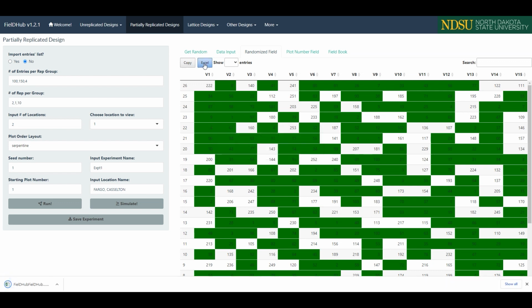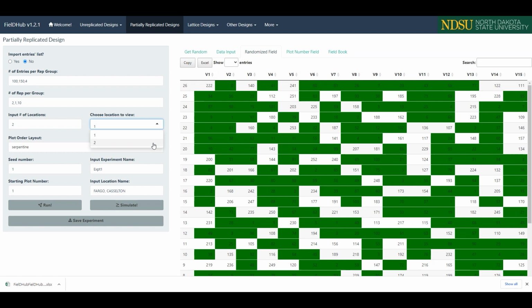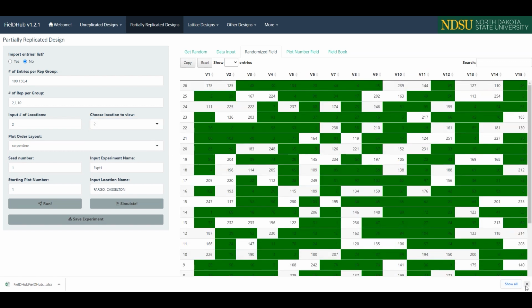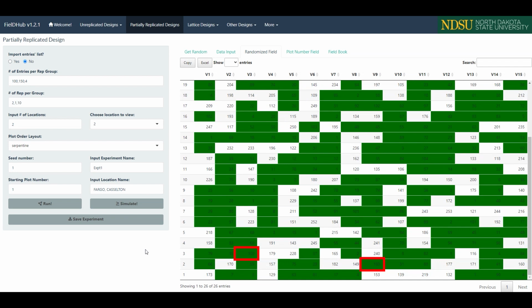an Excel workbook. Since we set the number of locations to 2, we have a completely different randomization of the entries when we change Choose Location to View to 2. We can see here that treatment 100, for example, is replicated twice here and appears in 2 different places in the other location. The next tab,